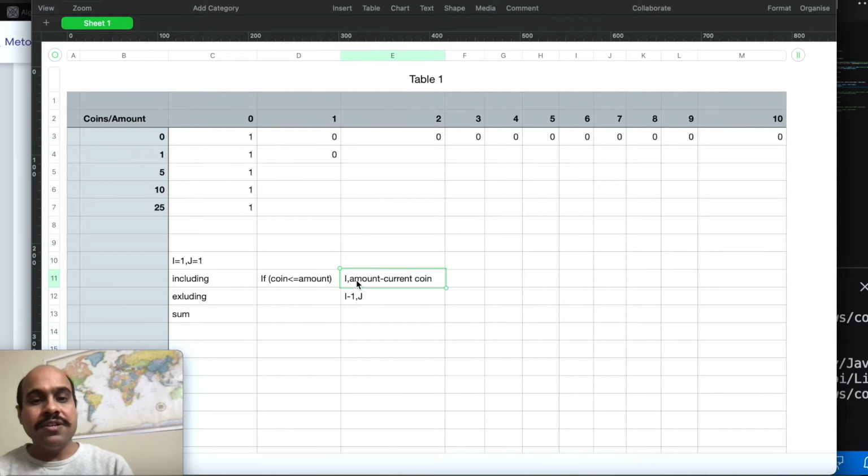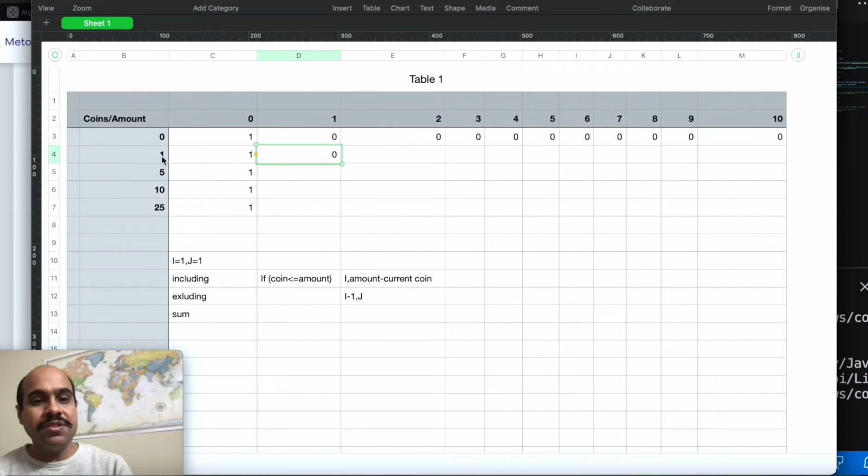Now I need to find out what value to take for that inclusion. So bear with me, it seems complex but it is pretty simple. First of all, you have to be in the same row, because now you want to include this coin. So somewhere you need to find the exclusion value from this row, and what I need to do is take the total amount value, which is here 1, and decrease the current coin's value.